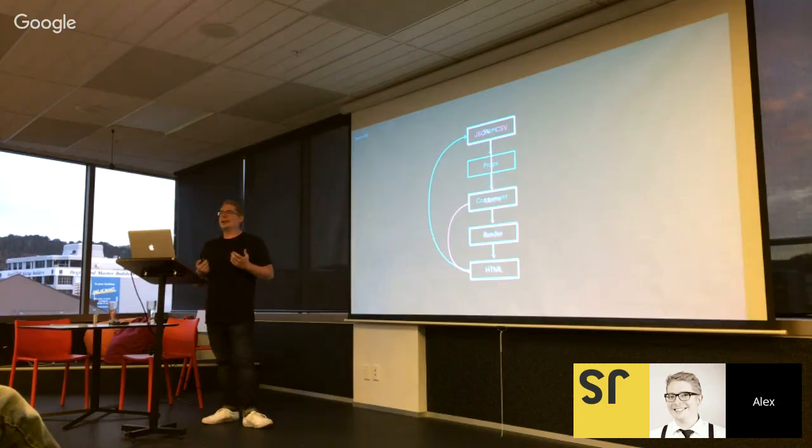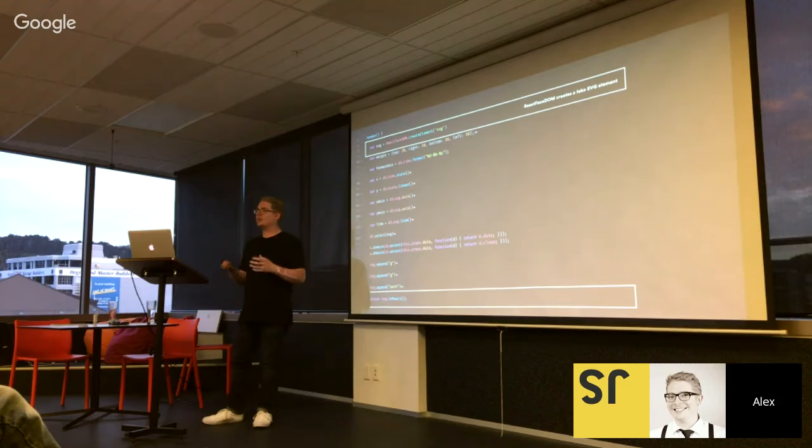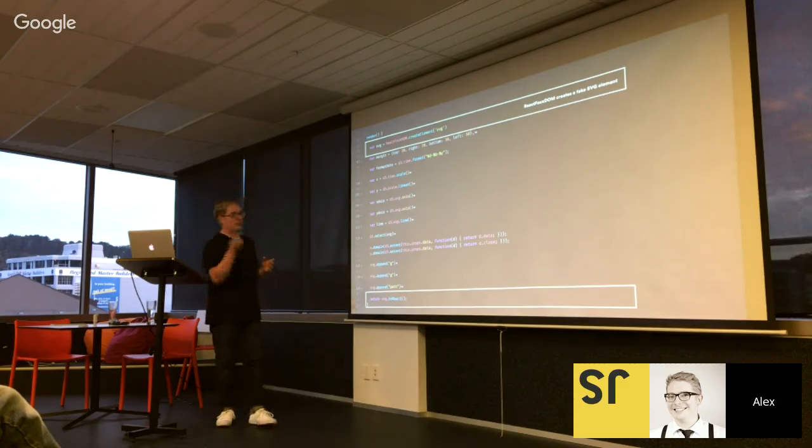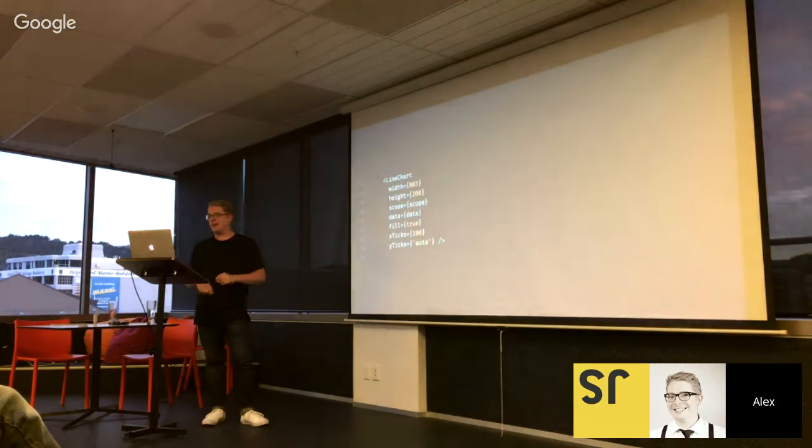So doing some Googling about D3 and React, I came across something called React Faux DOM. It was a library that instead of creating the SVG element using D3 and injecting it into the page, all you did was dump the entire D3 chart into your render method. You created the SVG element using React Faux DOM, and then when it came to the actual render, you did a toReact on that. And that kind of got me to a point where I had a line chart that I could send some data to and it would render.